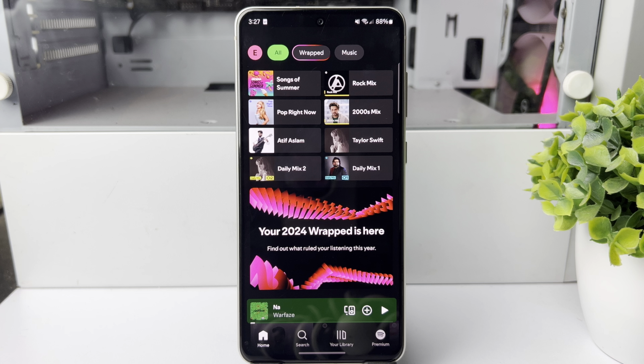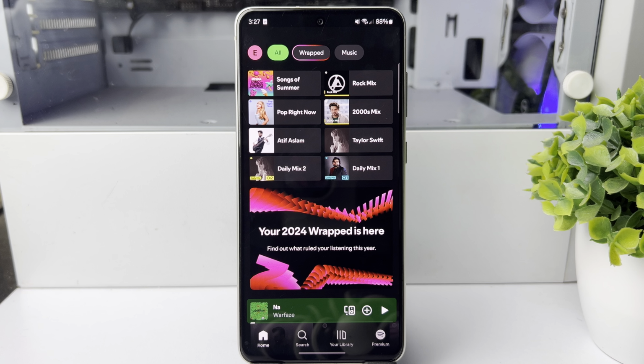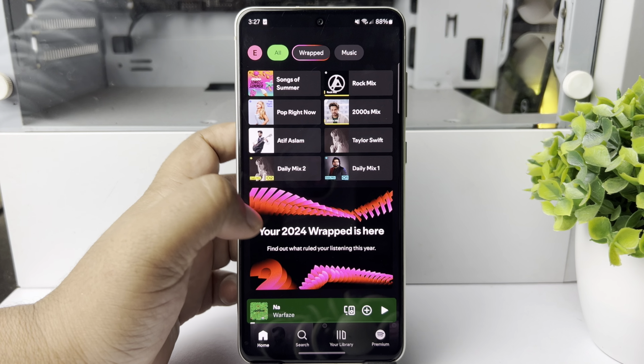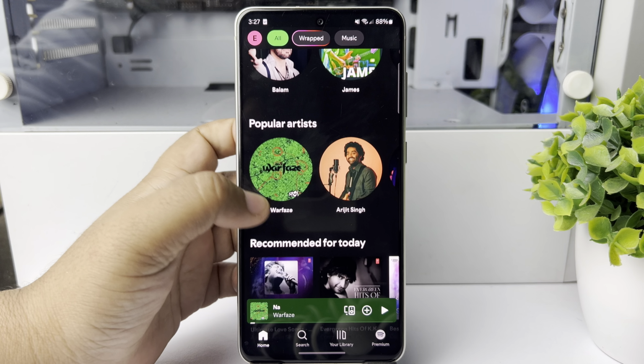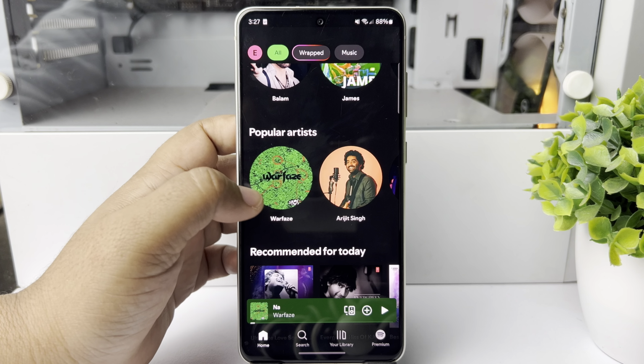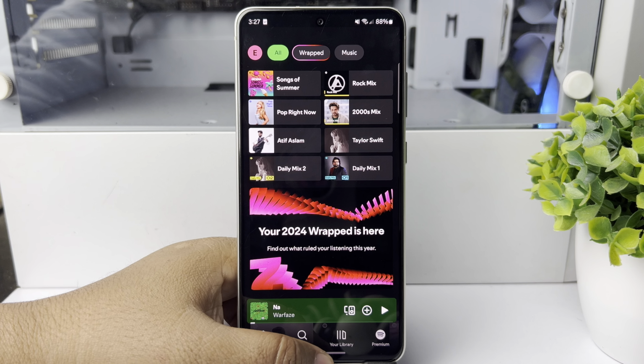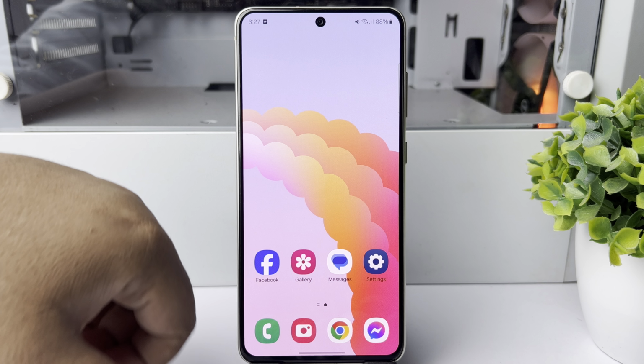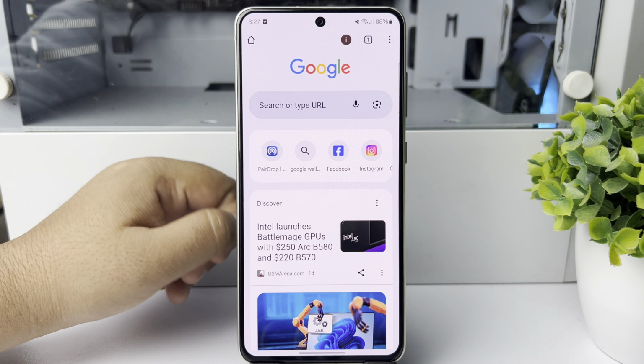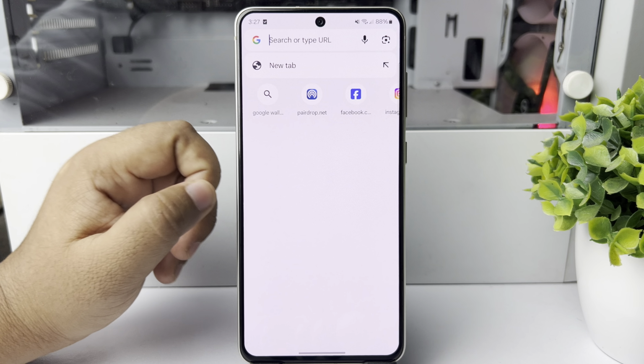And here I'll show you how to check your most listened to artist in Spotify. In Spotify, there is no option to check your most listened to artist. So to check it, we have to open a browser. So go to a browser and in your browser search for